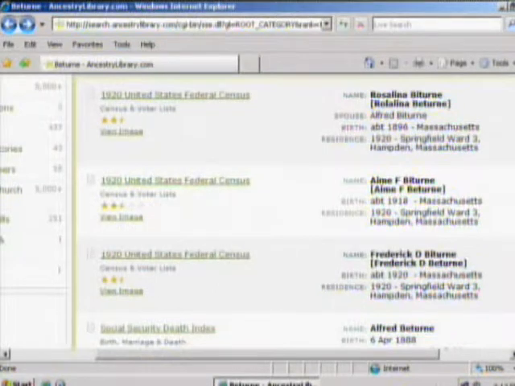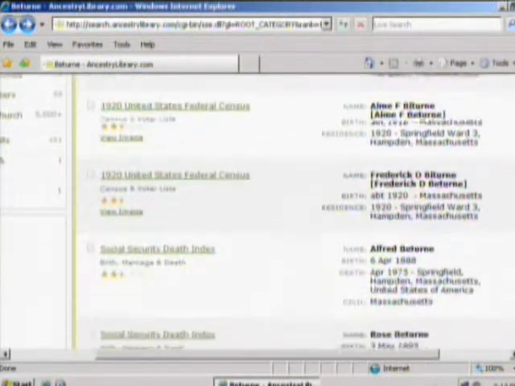One of the changes from Heritage Quest is that you couldn't search on a wife's name or a child's name, but here it has access to the whole family, and they're all accessible. So you may not know what somebody's parent's name was or their children, but they are all listed here.